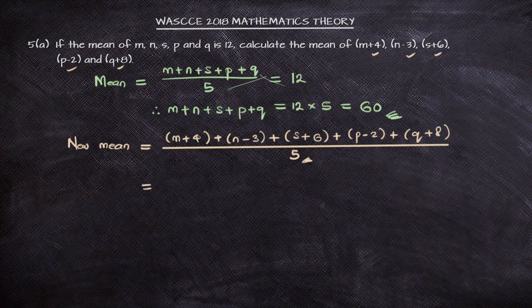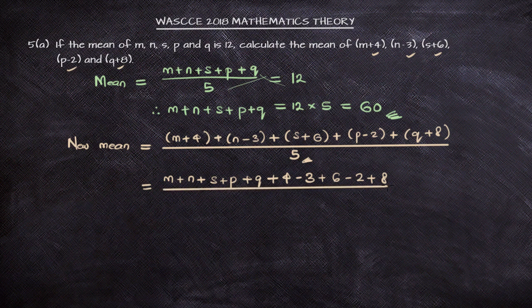And now we can say we want to open up the brackets. And let's say we collect all the alphabets together. M, N, S, P, Q plus, now the numerals, 4 minus 3 plus 6 minus 2 plus 8. Everything divided by 5. That will give us our mean. But interestingly, now we are having M, N, S, P, and Q, which we have found to be 60 initially. So instead of using those alphabets, we can use 60 since that's their sum. So that will be 60 plus 4 minus 3 plus 6 minus 2 plus 8 divided by